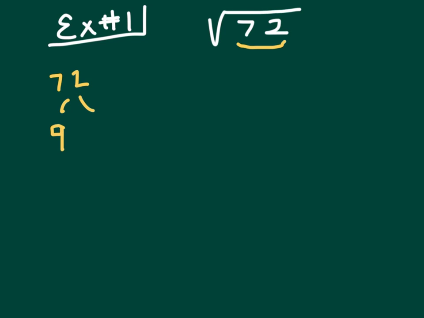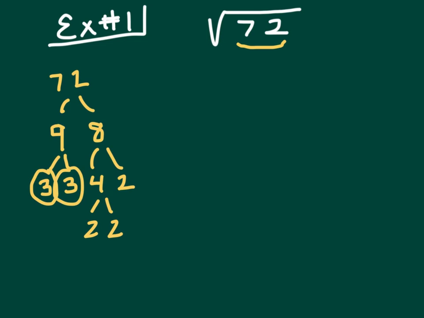The two things that I know for sure that multiply to 72 are 9 times 8. So if I use my calculator, I could have divided and figured this out, but I knew that these two numbers both went into 72. So I still need to break these down because this 9 here has some more guys in this gang, and the 9 can become 3 times 3. The 8 has a bunch of people in its little sub-gang, and the 8 could be 4 times 2. And this 4 has one more little sub-gang, it's 2 times 2. So this is a factor tree of all these numbers, 3, 3, 2, 2, and 2.